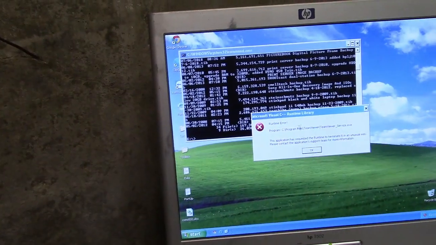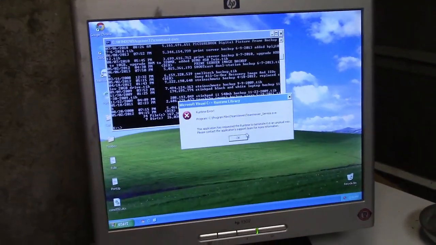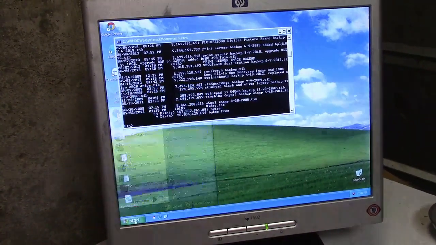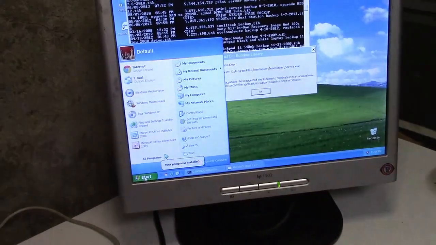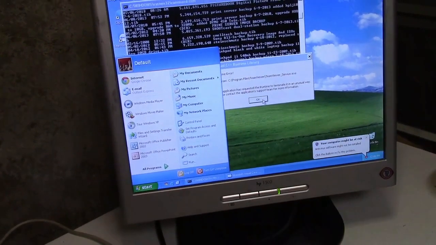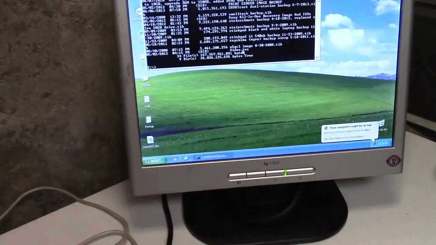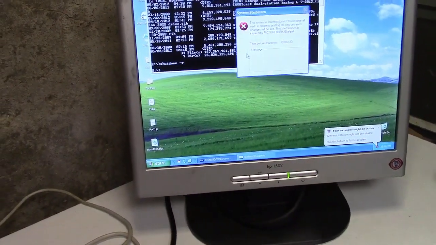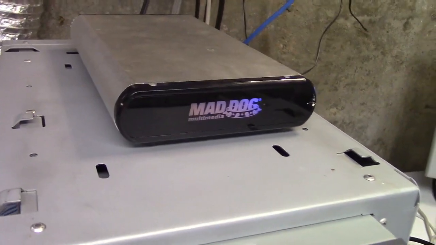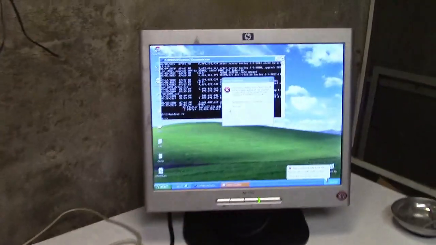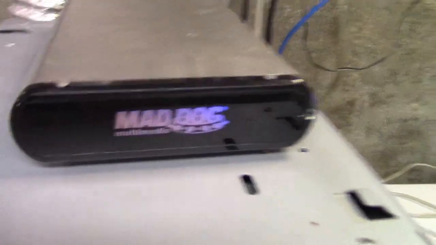There it is. See, this thing keeps coming up for TeamViewer because it just can't handle XP. Probably some patch or some shit I have to put in. See, now it works. Now it's working. But what we're going to do is reimage from the external drive, because it was working properly. I should really look up, see what the hell that patch was, but I'm going to reimage from this thing